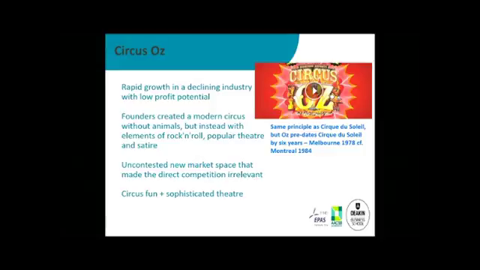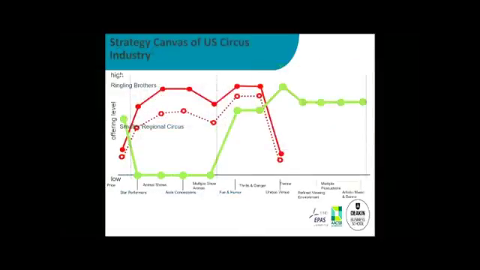So, new space, because traditional circuses, they had the bear and they had the horses and they had the jumping dogs and they had the lion and the fire and stuff like that. New space, actors, drama, events and so forth and so on. Anyone been to Cirque du Soleil or any of those? There's a Russian one as well. You know, they're very, very dramatic. There's people reading poems in the background. There's live music, very dramatic lights and so forth. It's more like theatre and less like a traditional circus. And so anyway, that's the nature of these. Circus Oz is a classic example. So let's have a look at them.